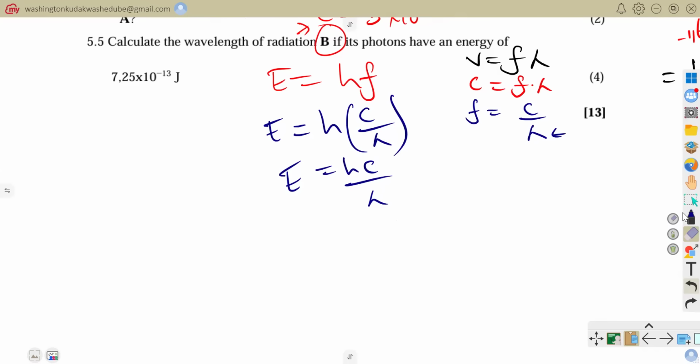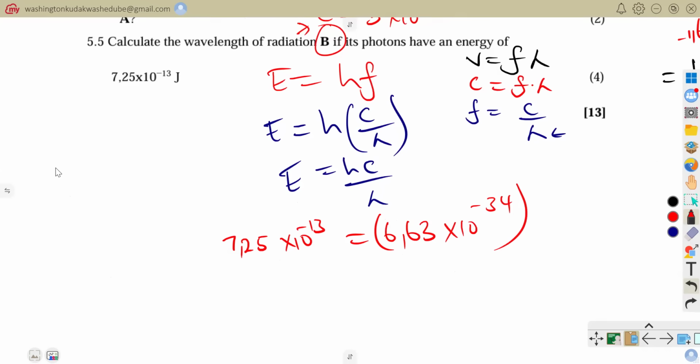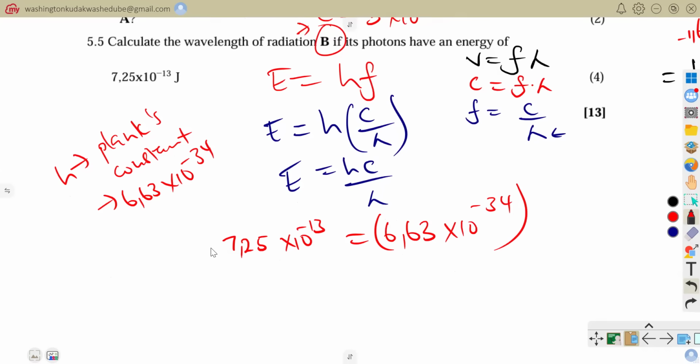The energy of my radiation, I'm going to substitute it here, so that I would have 7.25 times 10 to the power negative 13 joules being equal to what is my h. This constant is always given in your information sheet. You just get to go and find h, which represents Planck's constant, which is 6.63 times 10 to the power minus 34. You substitute it here, and then the speed of light,